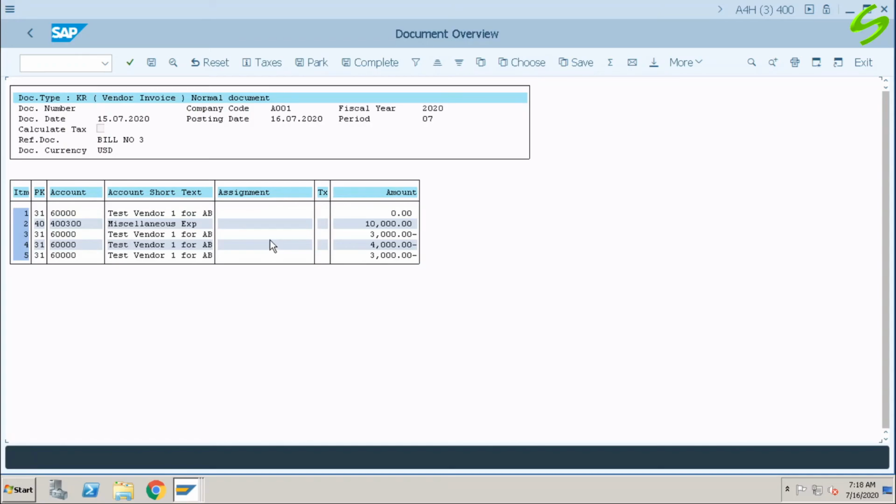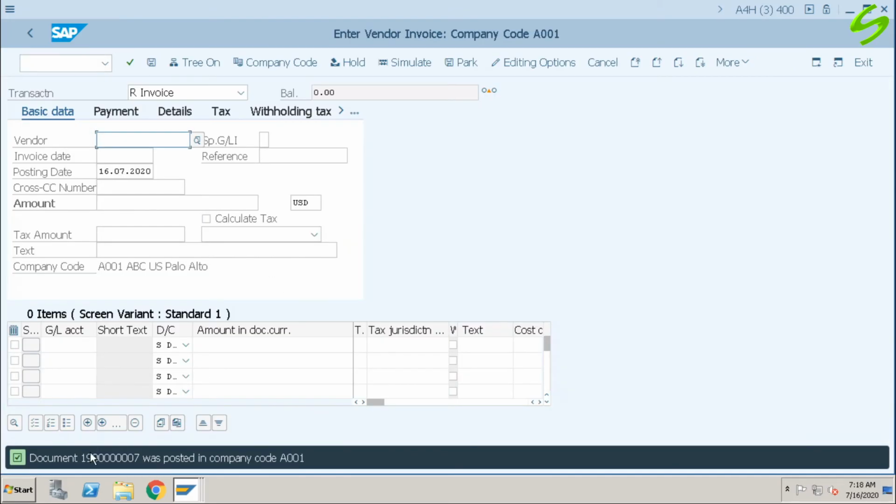When I go to simulate, you can see that the expenses account is 10,000, and I have 3 vendor items: 3,000, 4,000 and 3,000, which are 30%, 40% and 30%. Let us save. The document 19707 was posted.